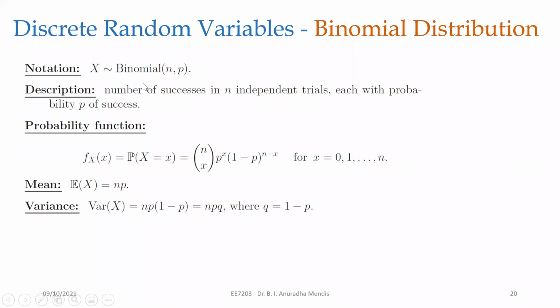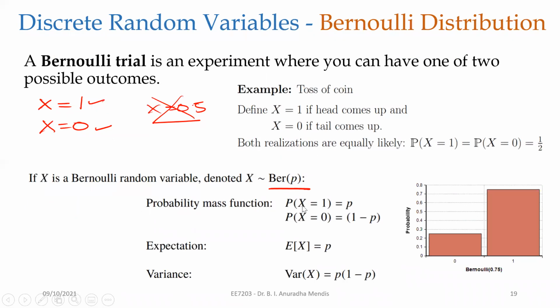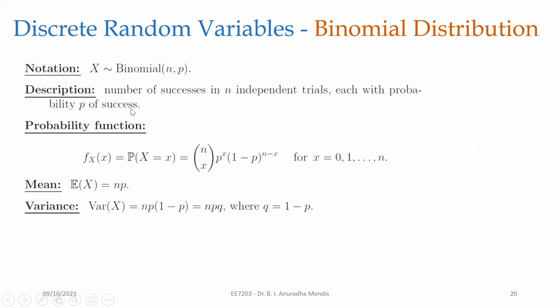Okay, so this number of successes has the binomial distribution, not this probability p of success. This p is actually the Bernoulli random variable: success equals p, otherwise the unsuccess equals 0. That is the Bernoulli random variable. But when you do this trial n times independently and then get the number of successes,